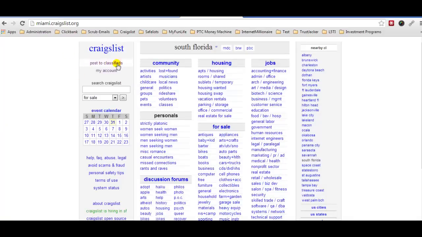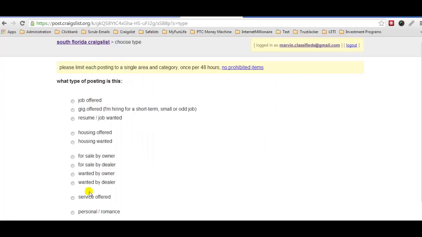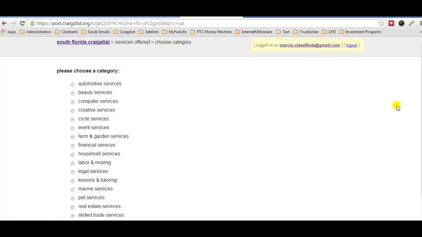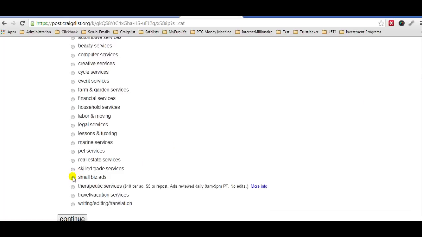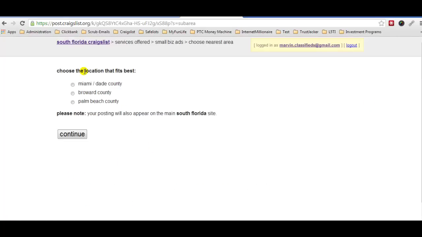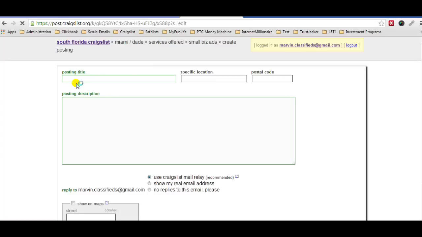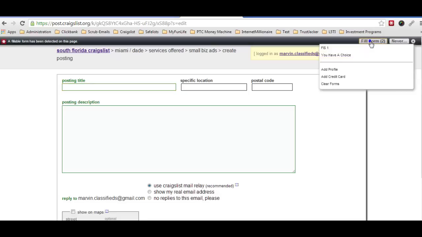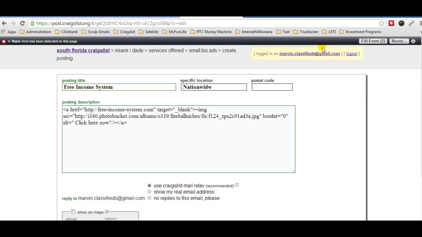So I'm going to go over here and I'm going to go to post classified. Okay. And because what I'm doing, I'm going to go into service offered. And I'm going to go into small biz apps, guys, right here. Okay. And then now I'm going to select one of the cities that's closest to me. And I normally post one in each city. So I'm going to go to Miami. Okay. And then now what you're going to do is just click on the title. See, when you click on the title, it's going to automatically give you this little drop down menu over here. And you just click on that and then go to F1 or whatever the ad is that you want to